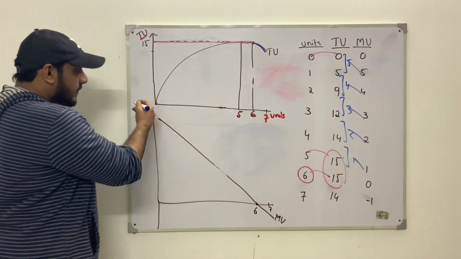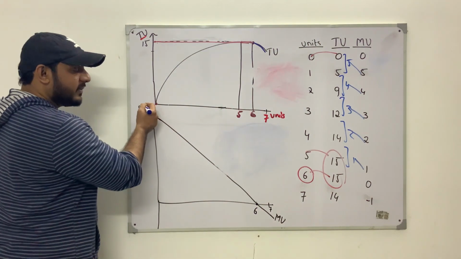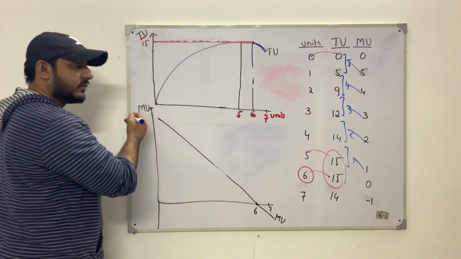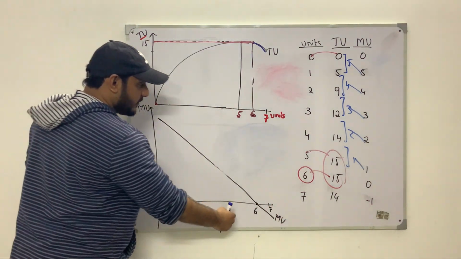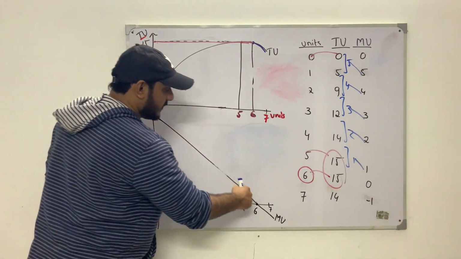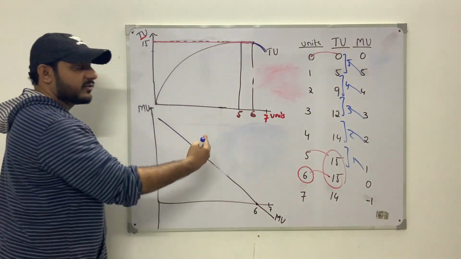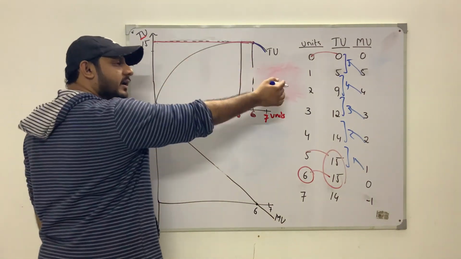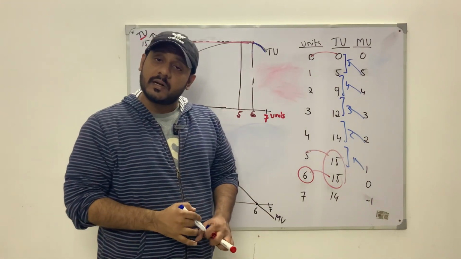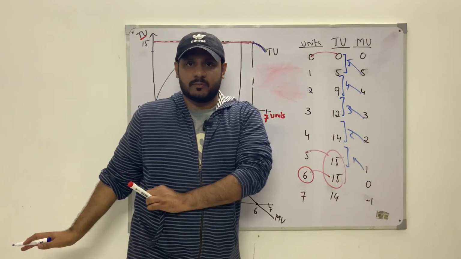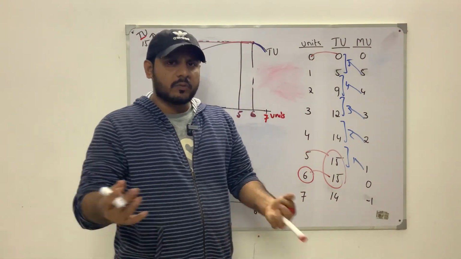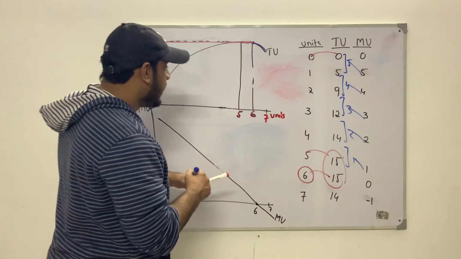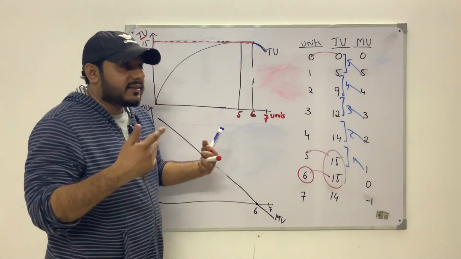But you can see that the marginal utility curve is a downward sloping curve. It's telling us that as more and more units are being consumed, the marginal utility graph is downward sloping. It's declining because of the law of diminishing marginal utility. So the shape of the total utility curve and the shape of the marginal utility curve both follow the law of diminishing marginal utility. And this is what you will write in the exam to impress the examiner. And why did I say that?